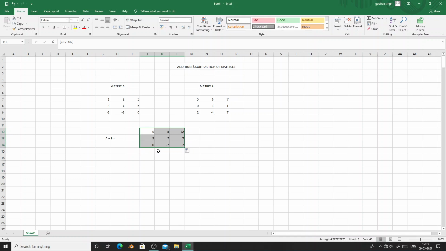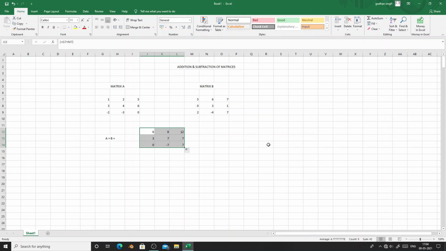Now you can see that the resultant is 3 7 7 0 minus 7 7. Now let us check whether the resultant which we have got is correct or not. We can see that minus 2 plus 2. Whenever we are adding 2 matrices, we have to add the corresponding elements. So minus 2, the corresponding element will be 2. So minus 2 plus 2 is 0, which is correct. Minus 3 minus 4 is minus 7, that is correct. 0 plus 7, so it is also correct. So this is our A plus B.